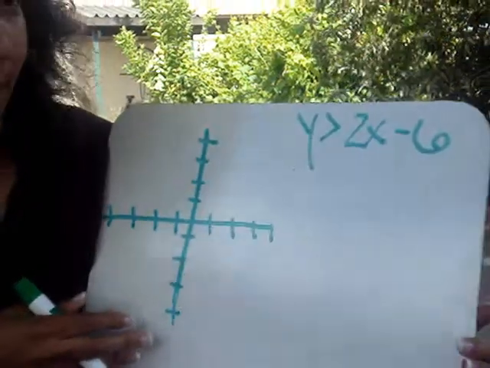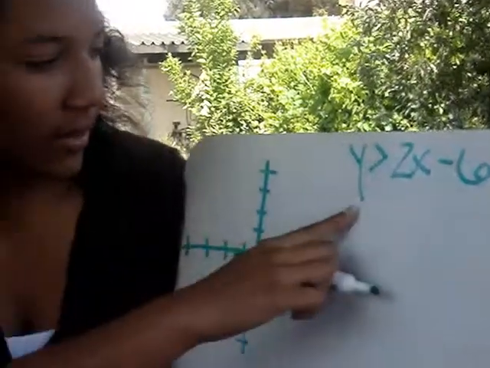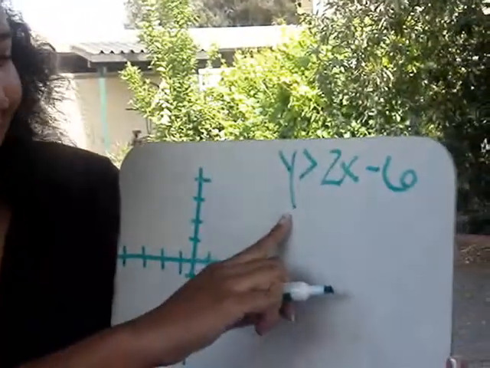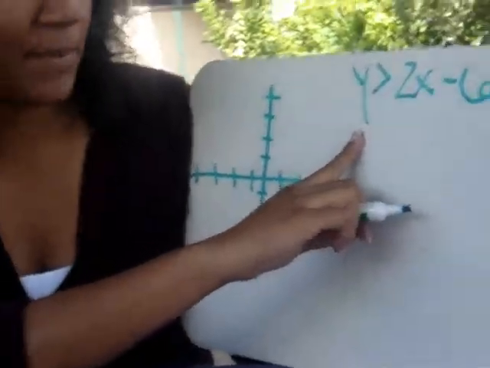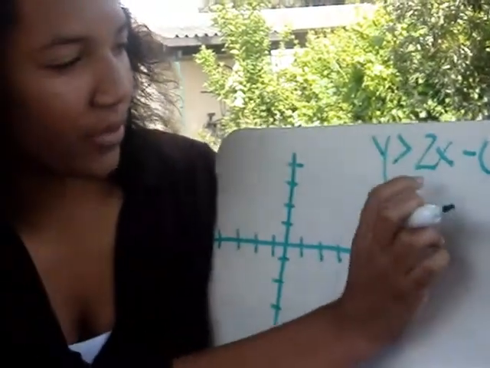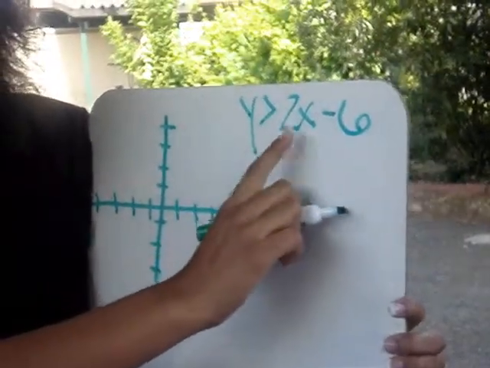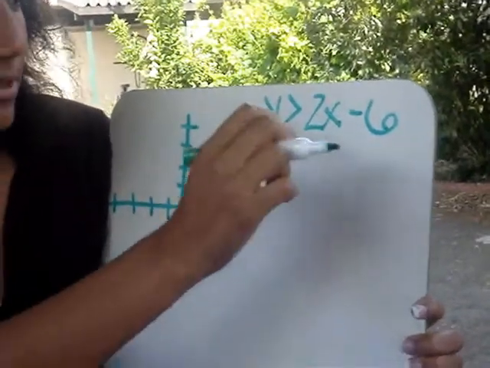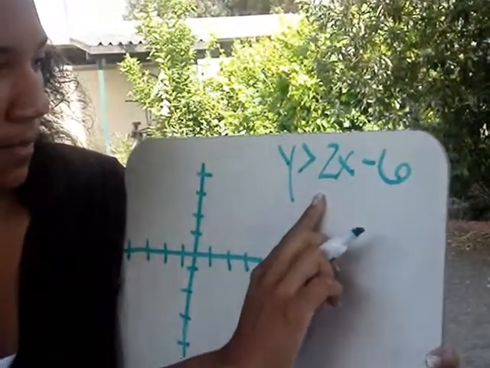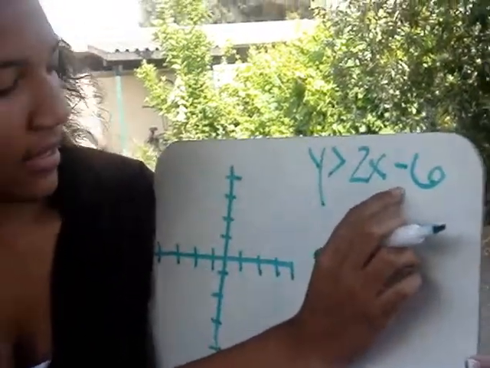Alright, the problem that we have is y is greater than 2x minus 6. Since we already have y by itself, we won't need to simplify. So we know that 2 is the slope because y equals mx plus b. This is the m, x, and this is the b. So we know that the slope is 2, and that the